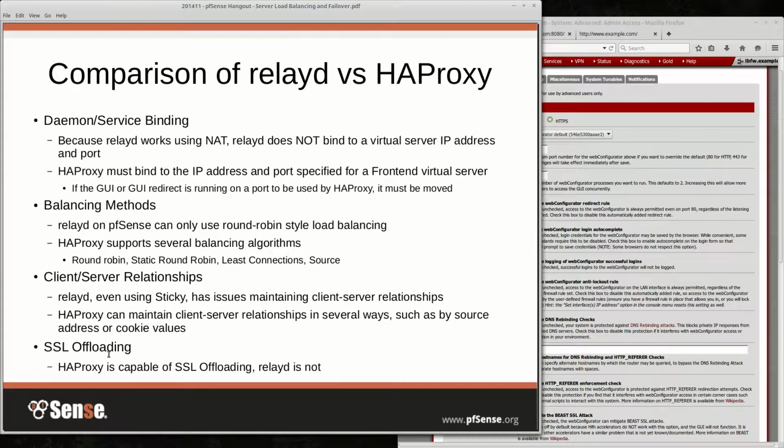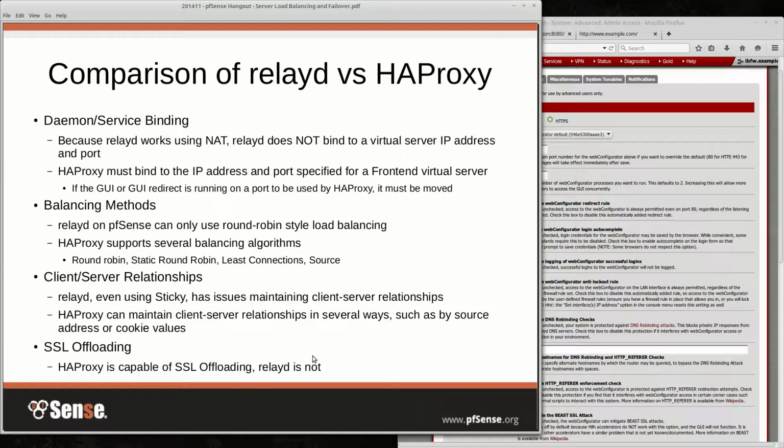Now, SSL offloading I mentioned briefly earlier. That's where if the client makes an SSL connection to HAProxy, it actually handles the SSL certificates and everything there. And then on the back end, it can just be plain HTTP back to the actual web servers, essentially removing that SSL burden from your web servers and placing it on the firewall. That's a blessing and a curse in that it may simplify some things on your web servers, but it puts a lot higher CPU burden on the firewall.